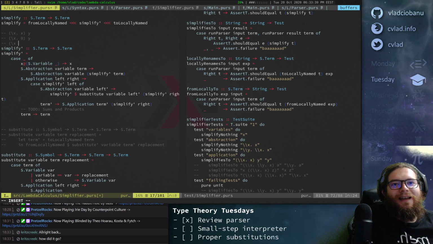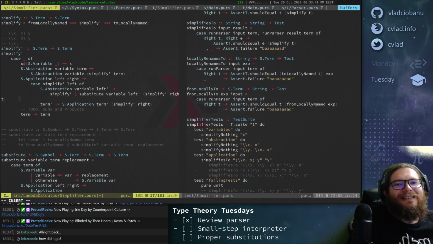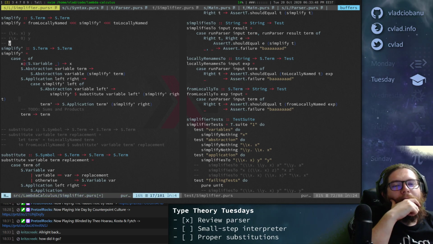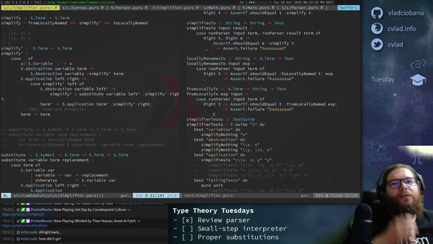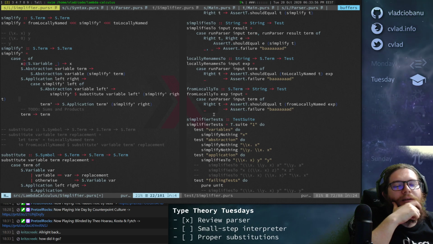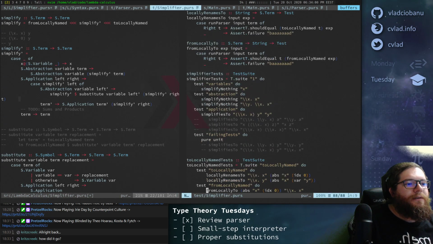Not very good. So lambda, this needs to just become y, right? So why do we have a variable with index 0 at the end in our test?